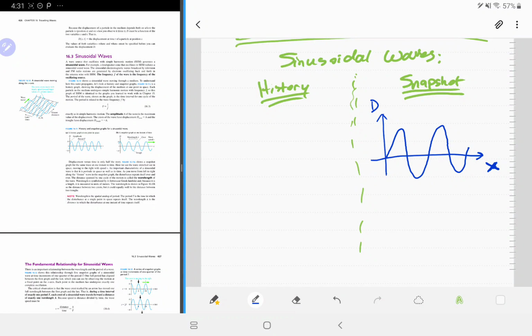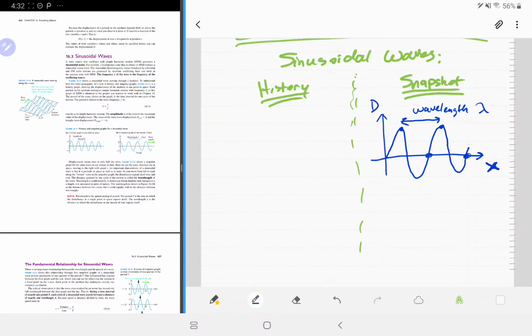For a snapshot graph, there's some information that you can read off of the graph. If I track either peak to peak or trough to trough, or where the axis crosses the equilibrium spot, but then I have to be a little careful there because I can't use this point right there. It's not exactly the same, this is where the graph is going up, this is where it's going down. So I'd have to go from there to there. All of these will be one wavelength. So this is the wavelength